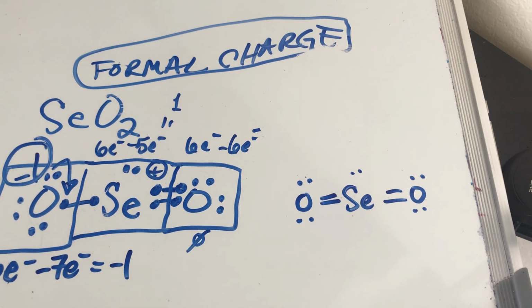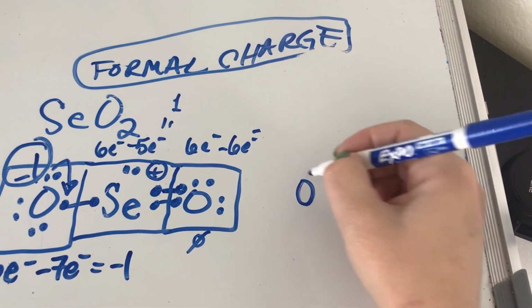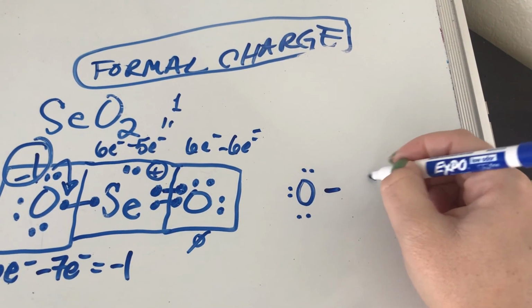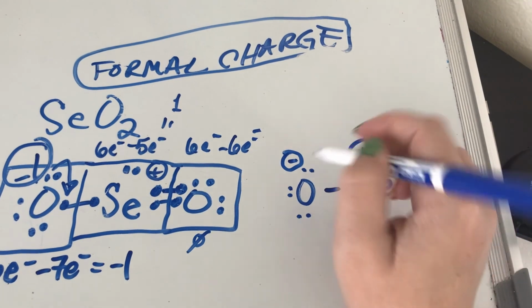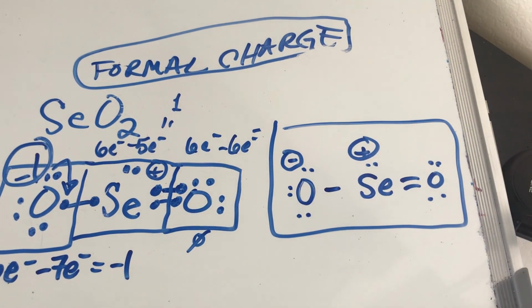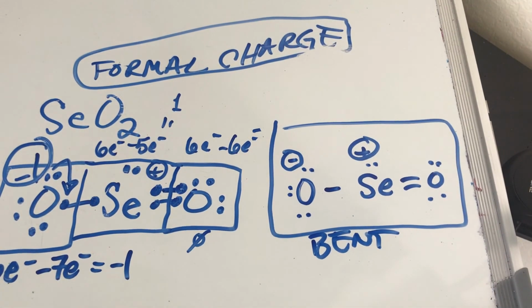For all intents and purposes, you will see that there are some structures that can break the octet rule, but I don't make my students know them. So for you guys, you don't need to know about the ones that can break the octet. You just need to know about the ones that obey the octet. Your final structure, I usually will clean it up so it's not so ugly, would look like this. Okay, cool. That is what I have. And it's a bent or angle shape. Exactly. I think that clears stuff up. Cool. 10:30. I'm going to work on it more and I'll log on if